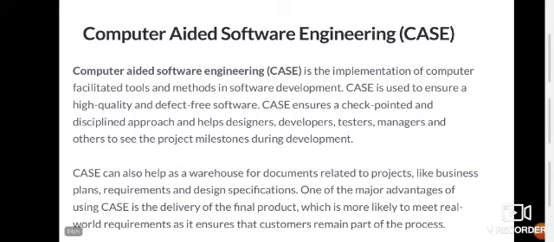One of the major advantages of using CASE is the delivery of the final product, which is more likely to meet real world requirements, as it ensures that customers remain part of the process. As we discussed previously, the CASE tool helps in generating a final product with more quality. This is the main task of the CASE tool and the main advantage that engineers will get by using the CASE tool.